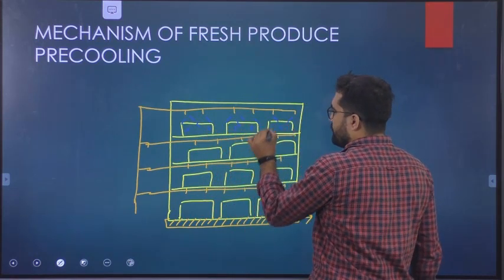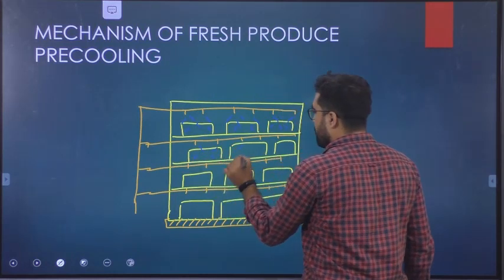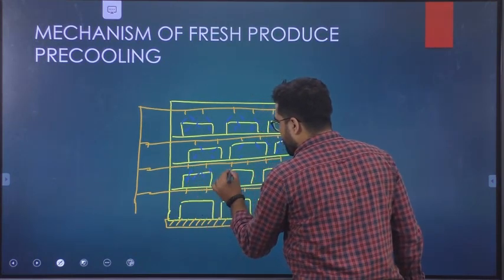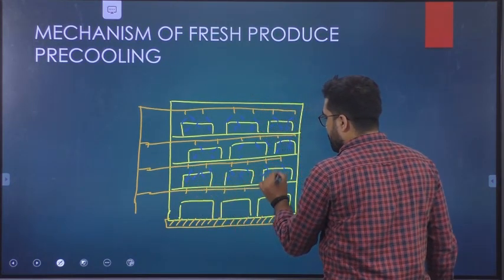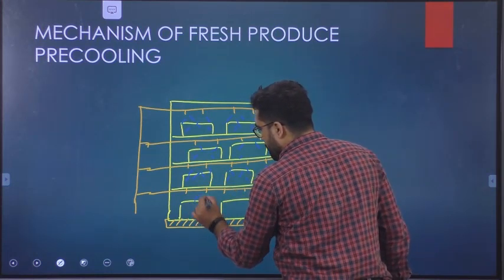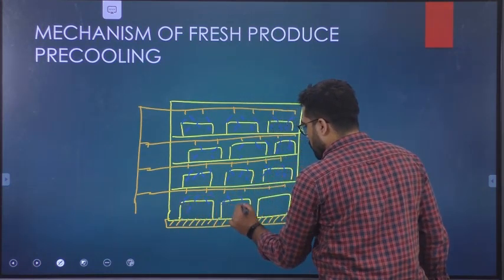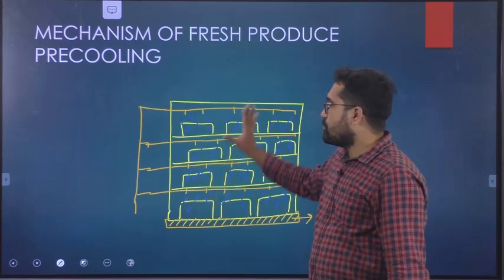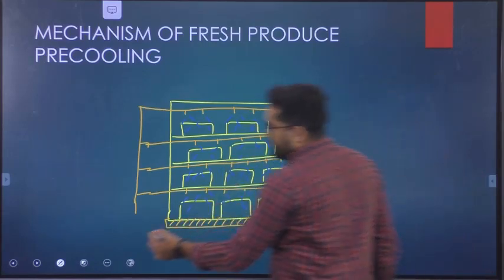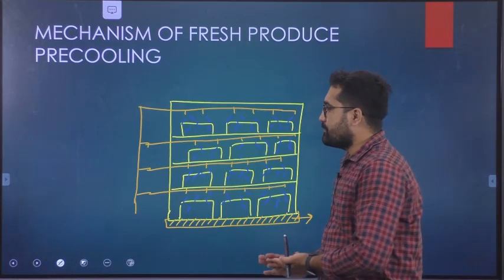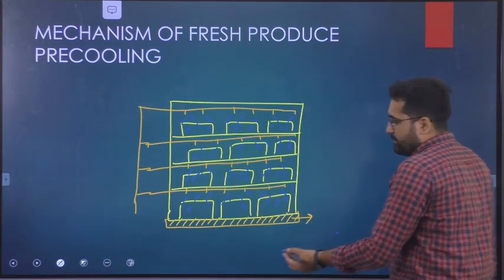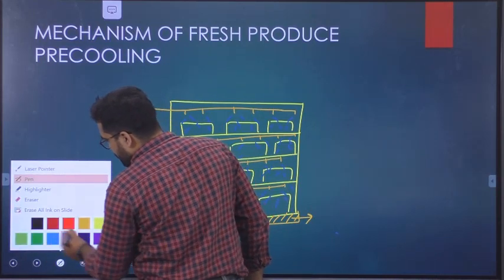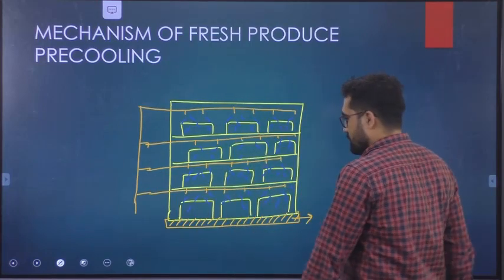These sprinklers are spraying water over the product. They are spraying the cold water over the product, and then it is reducing the temperature. Okay, and now this water, whatever the cold water it is there, after reducing the temperature of the system, this cold water